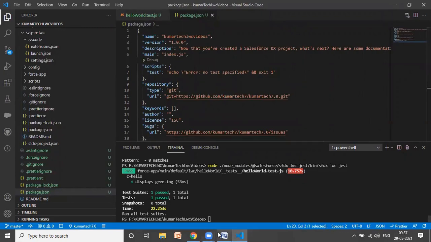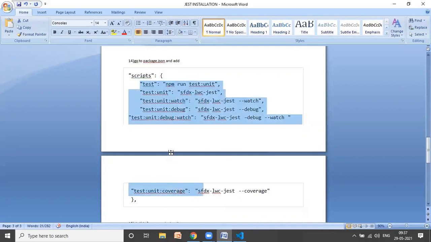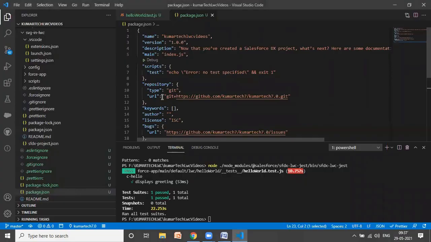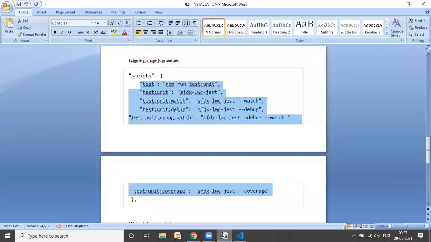Okay, so I just copied all of it as it is. One, okay, I forgot to give a comma. Done. Even the same I will update here as well.